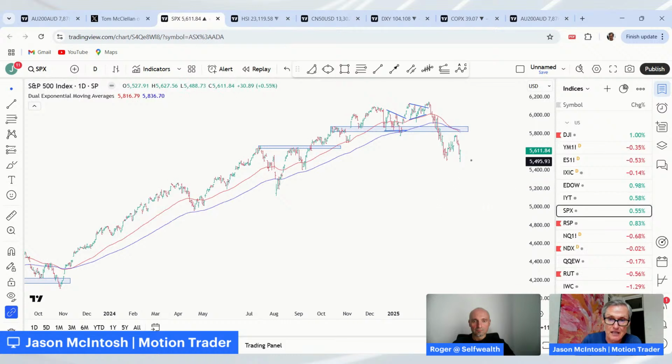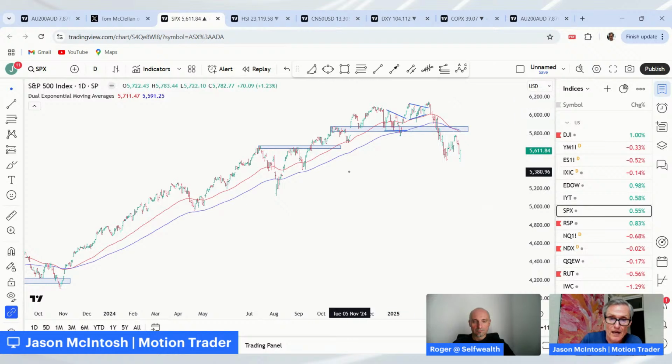So as I say, there's lots of technical damage, and it's probably going to take time for that to repair. I think it's a low probability scenario that prices quickly rally back to new highs. I think it could be more of a process of, as I was saying with the ASX 200, maybe a period of messy price action for several months.